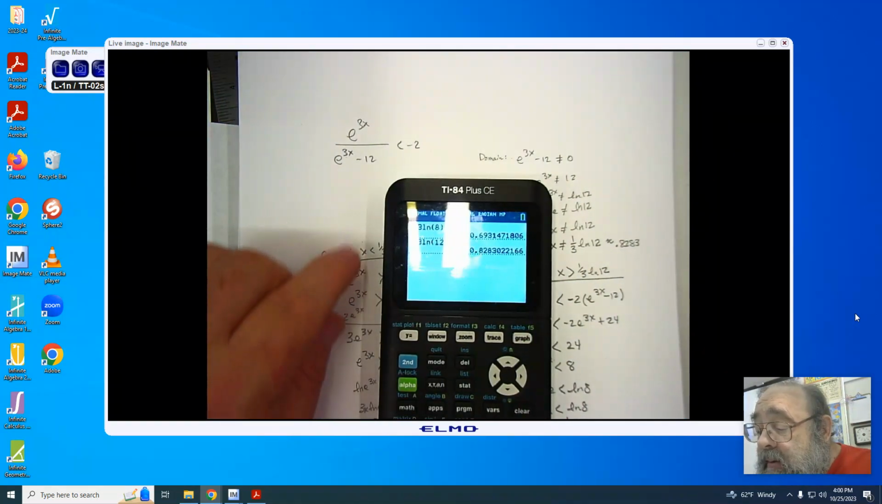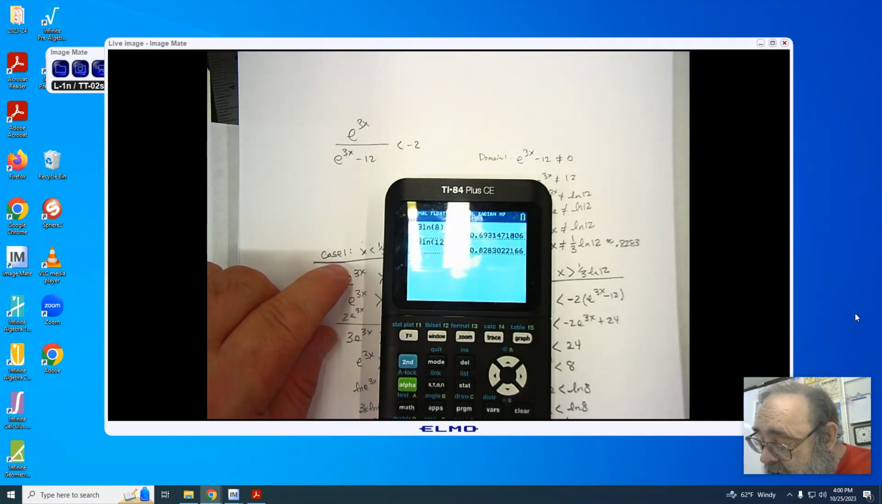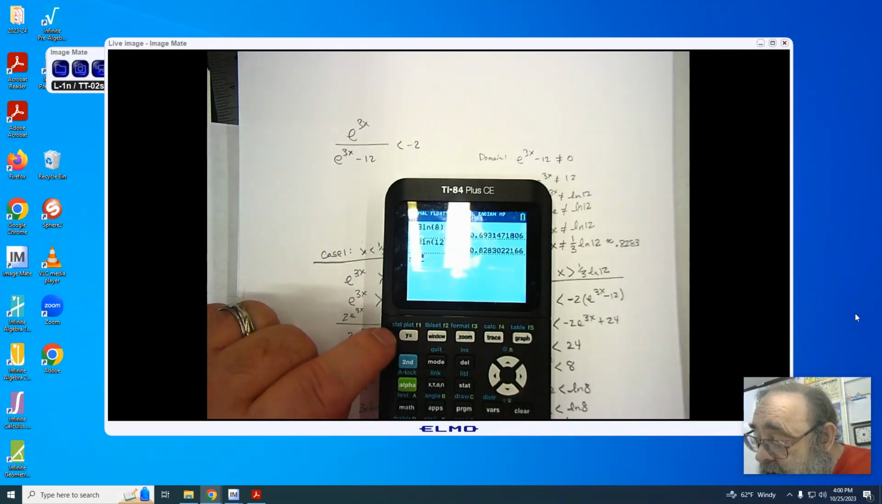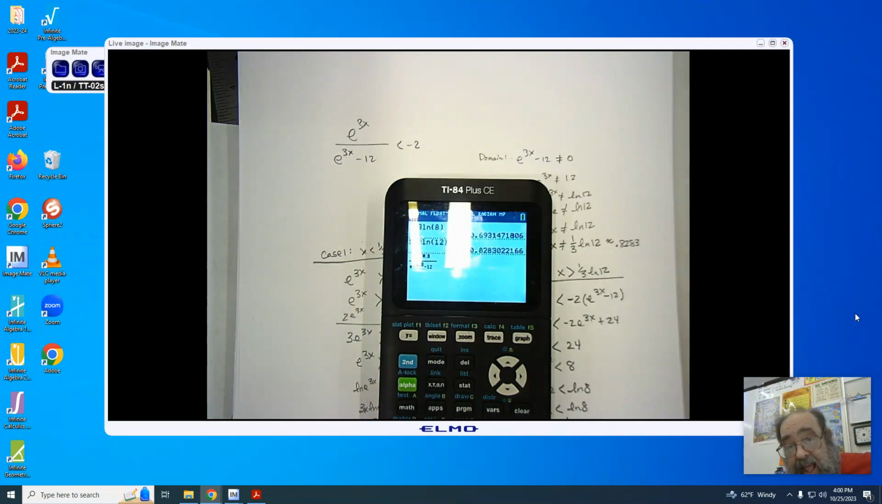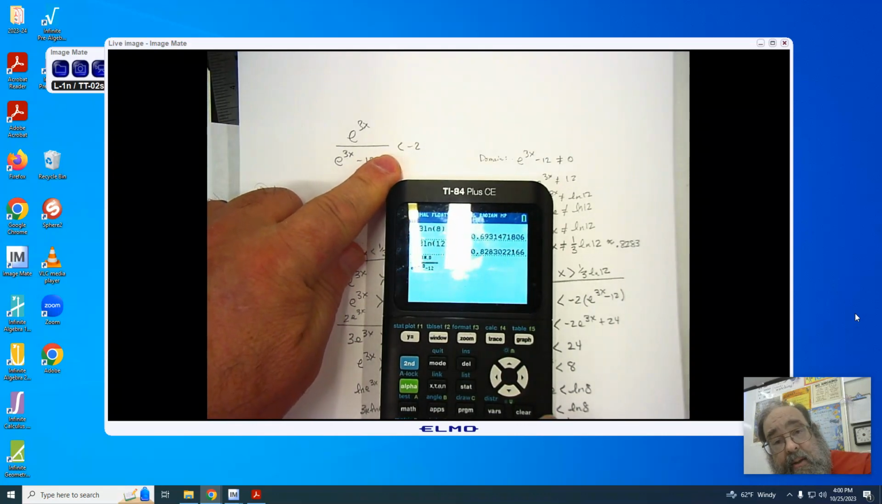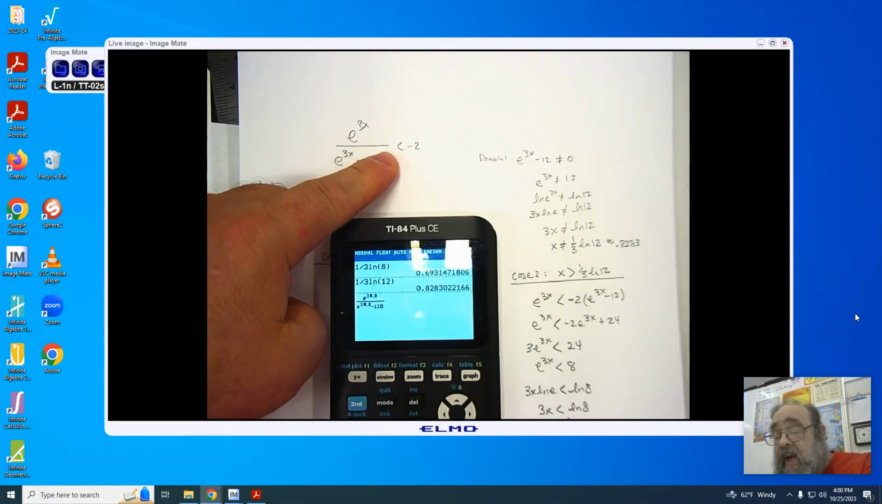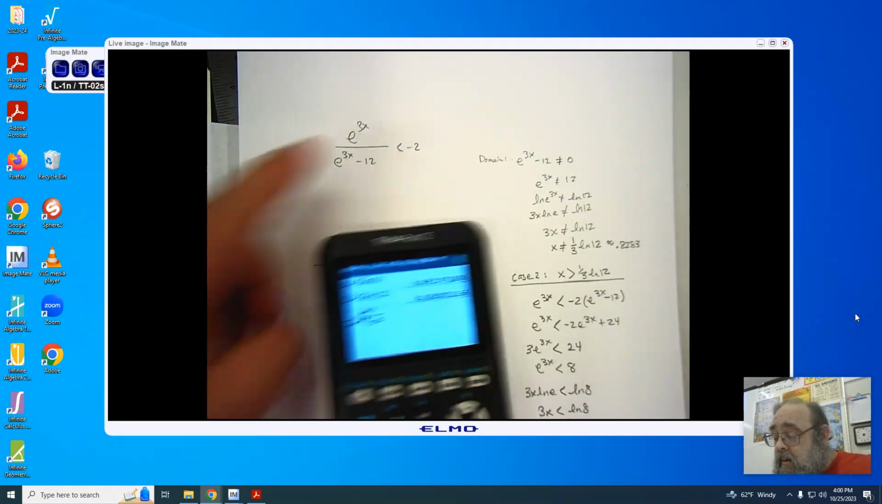So that's the fraction. E to the power of 3 times 0.8, and then we have e to the power of 3 times 0.8 minus 12. And it's either going to be less than -2 or greater than -2. If it's less than -2, it satisfies the inequality, and I know that's the region. If, however, it is greater than -2, that's not going to be, and I'm going to look for